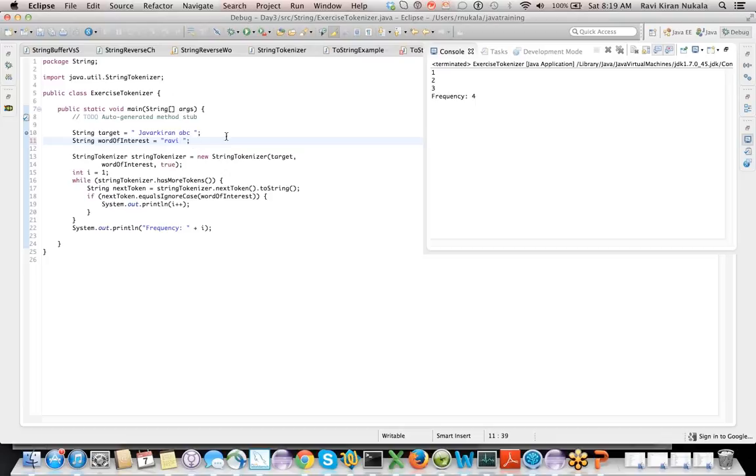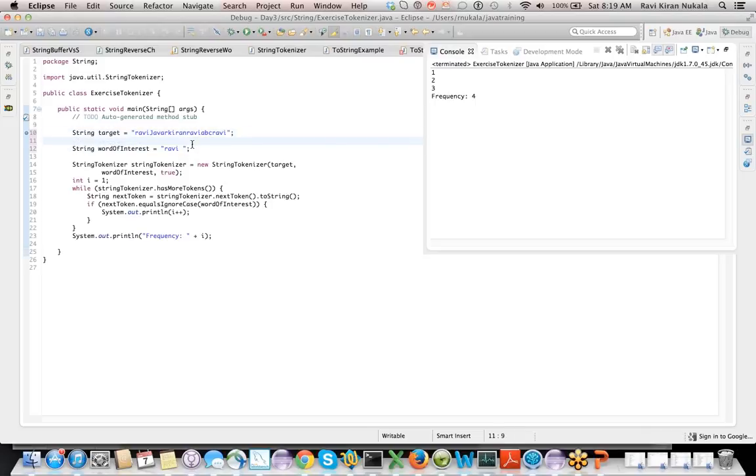I'm going to add a space here, and okay. So what I'm trying to do is, here we have a target string, right? Ravi. So I'm going to replace, like string also has another method.